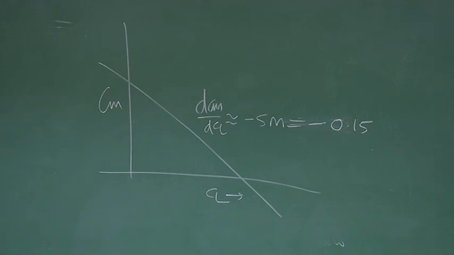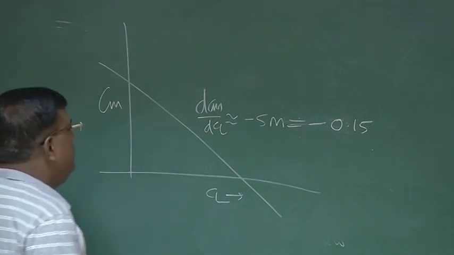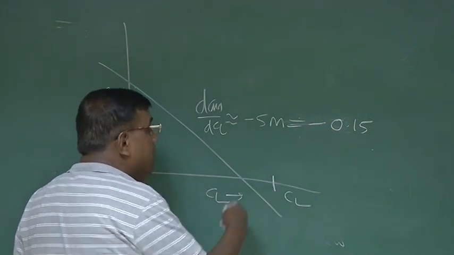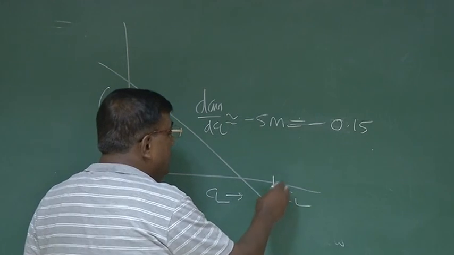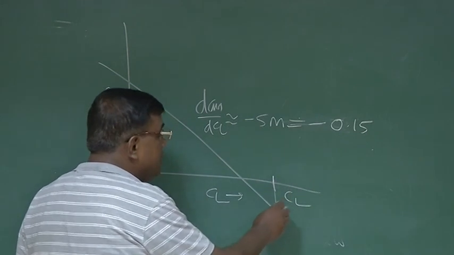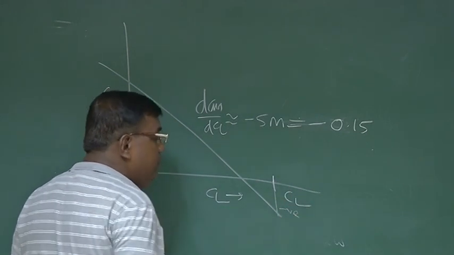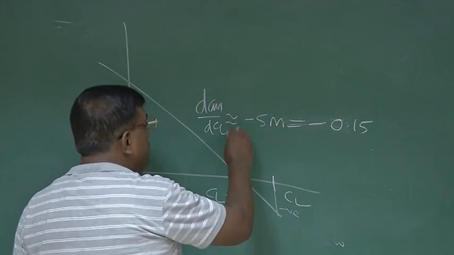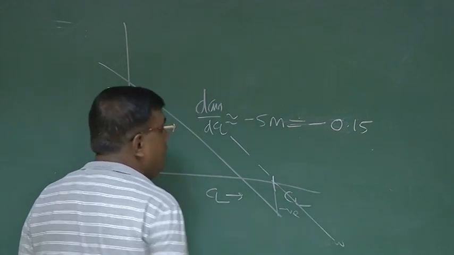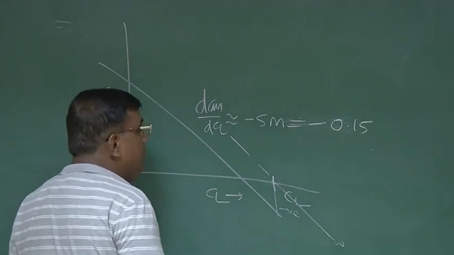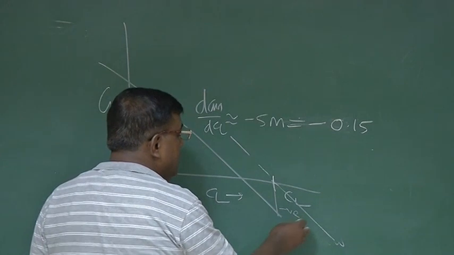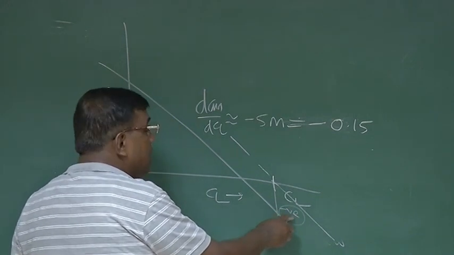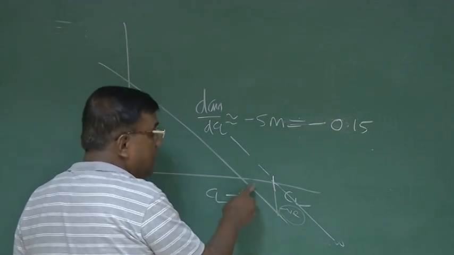Now what we are trying to do is, I want to know if I am flying at this CL, or if I want to fly at another CL, I know by virtue of it being statically stable, it will generate a negative moment, nose down moment. So I have to counter that and make sure that the Cm versus CL graph passes like this from this equilibrium. The question is how much positive moment I should give to compensate this negative moment. That will be given by the Cm versus CL graph.